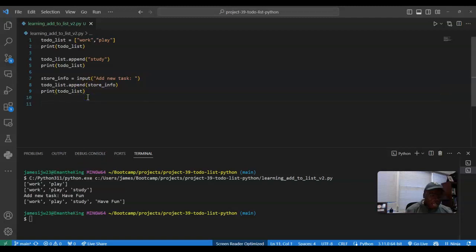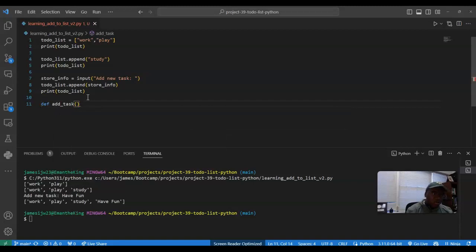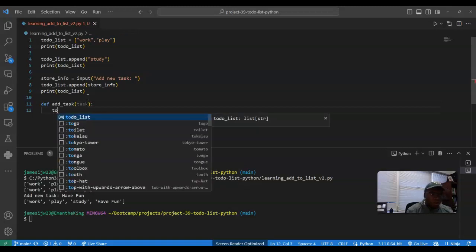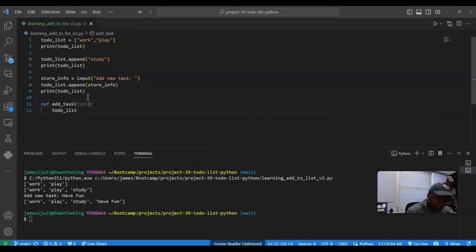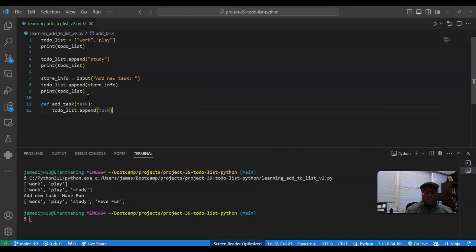So what we can, last but not least, do is define a function that does this for us. So we're going to define a function called add task. Okay, we're going to do task, and then what we're going to do is our appending: to do list dot append, and then we're going to take task. The really interesting thing about programming is that we can do some nifty things. Technically I don't necessarily have to do this, but it's imperative to know once I add my information to this list,